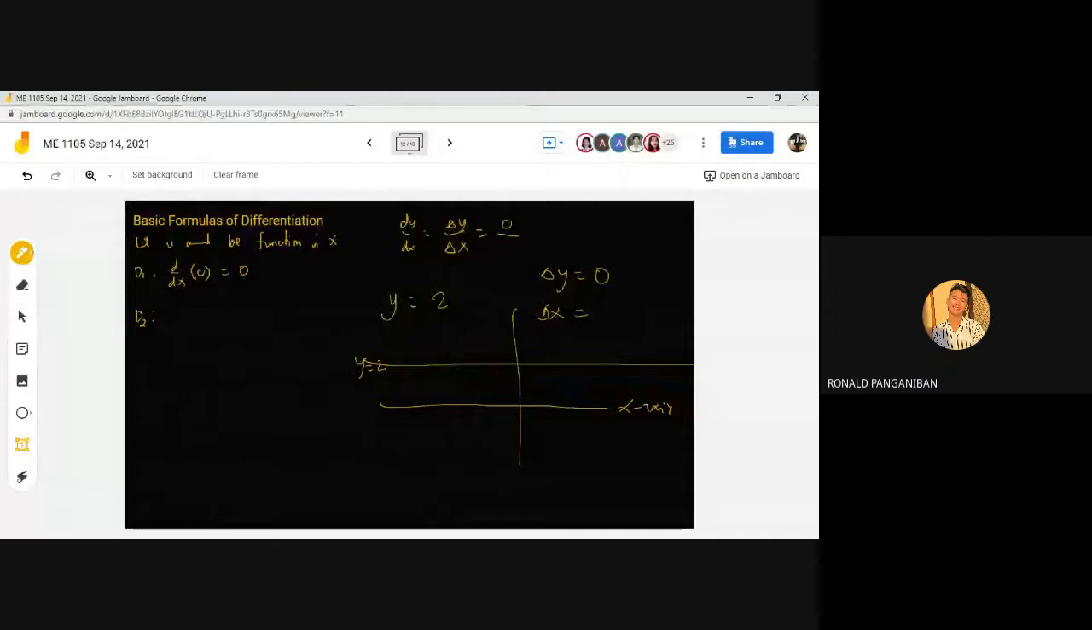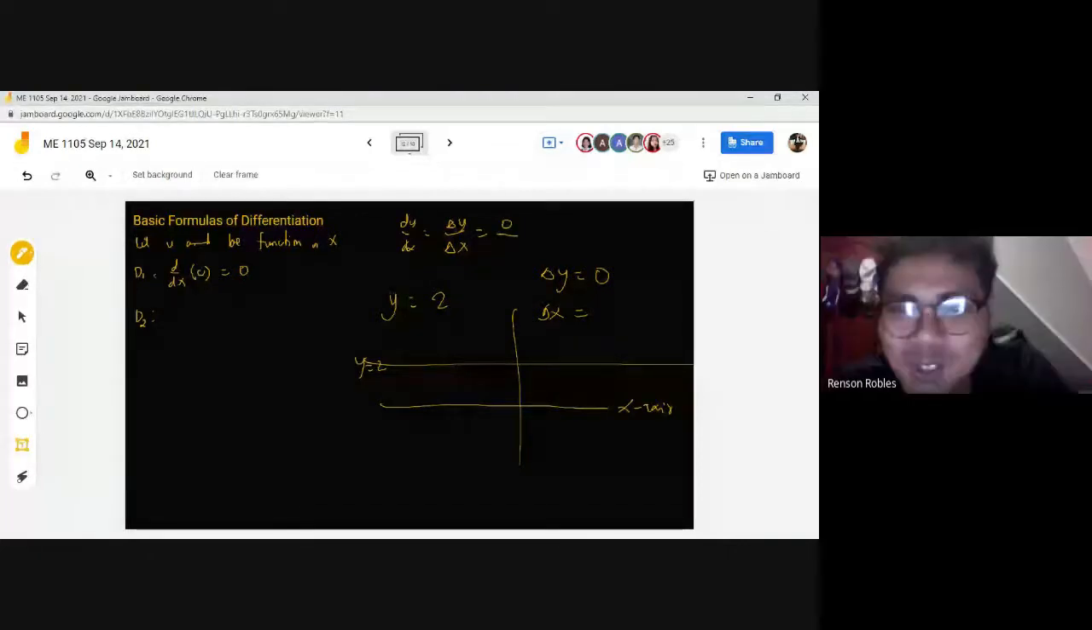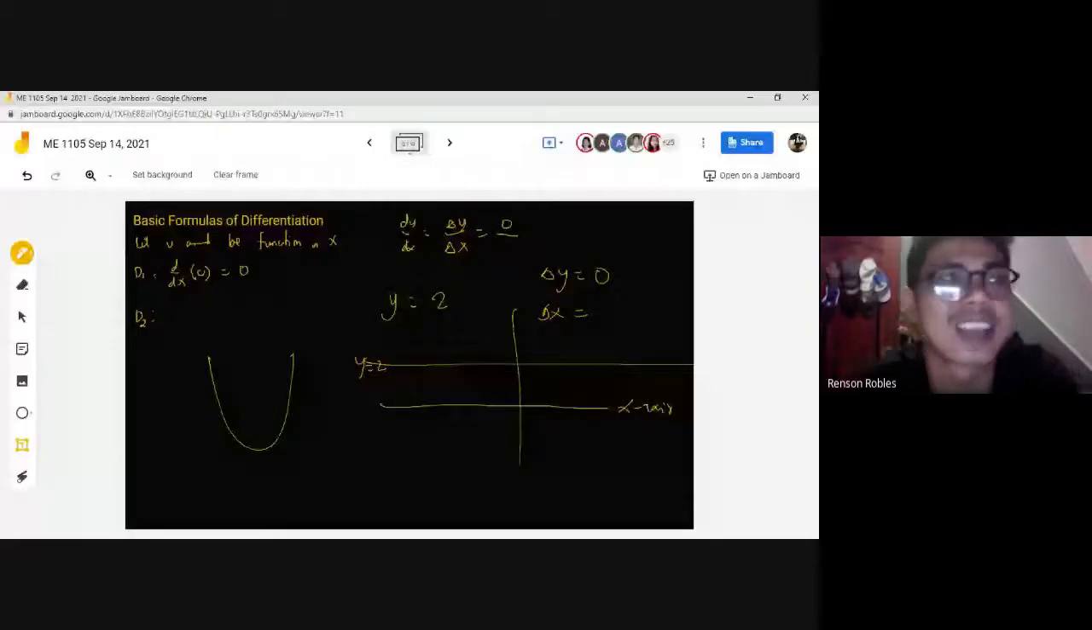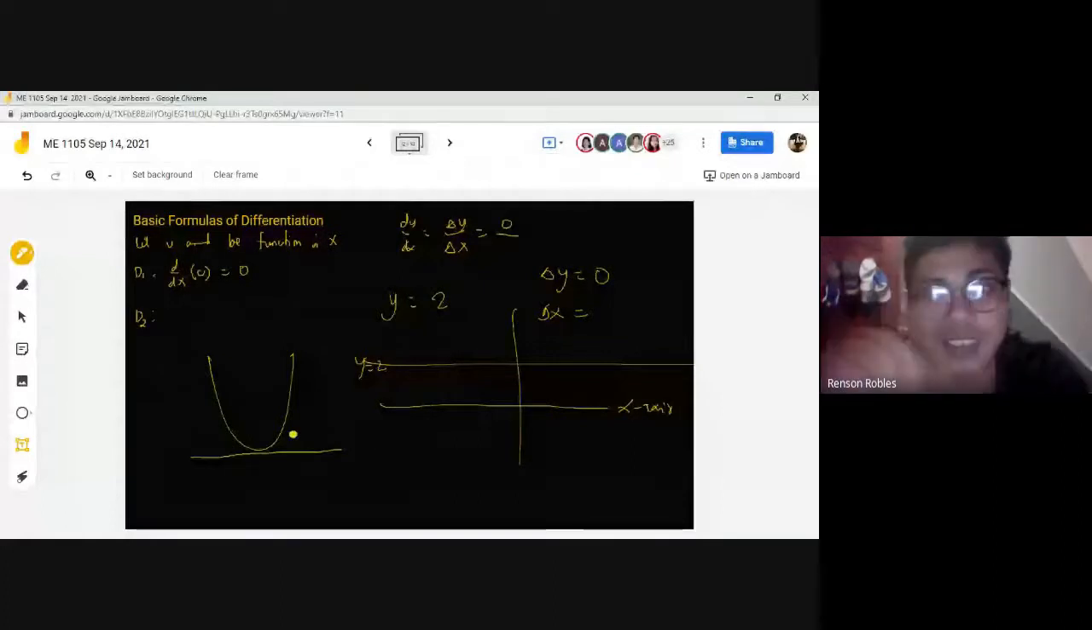Kasi di ba, sir, ang slope po ng horizontal line ay laging 0. Tapos kapag po vertical, undefined. Ayun. That's the best answer, because the slope of the horizontal line is 0. That's why, di ba, when I presented this to you, sorry, sige, hindi na ako babalik sa frame na yon. Di ba, sinabi ko sa inyo, this is the horizontal tangent. Okay? But again,